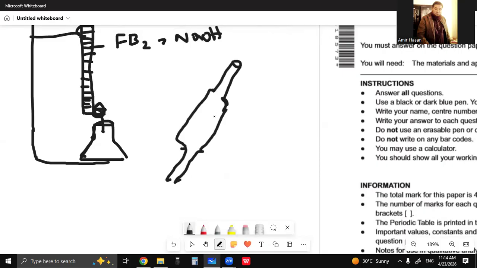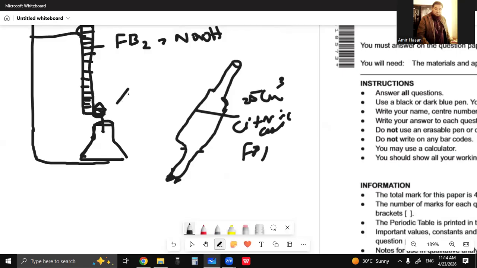And this pipette you fill at least 25 cubic centimeter of citric acid, which is FB1. Citric acid is FB1. You fill 25 cubic centimeter here of citric acid and pour this solution into the conical flask with the help of pipette. Pour this solution in conical flask. This is the citric acid solution in the conical flask, and also pour 2 drops or 3 drops of